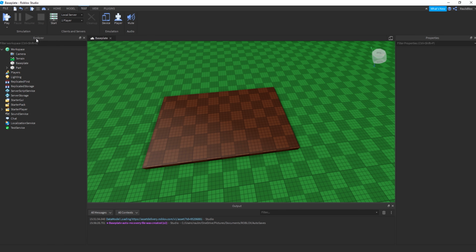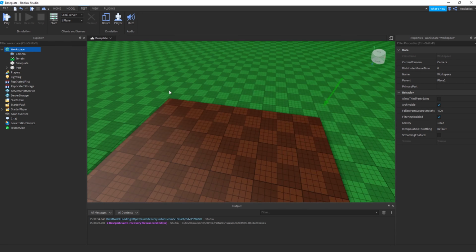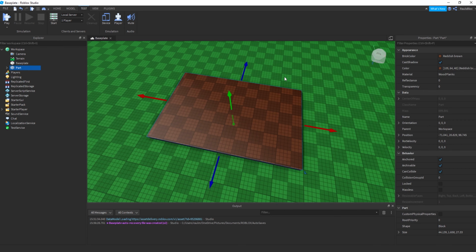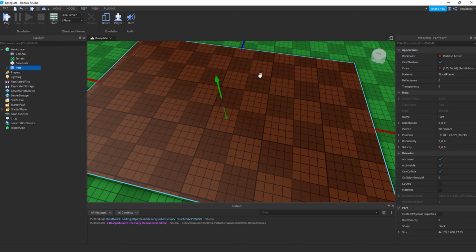So in the Explorer tabs, we have the workspace, the players, the lighting, the replicated first, replicated storage, server script service, server storage, starter GUI, starter pack, starter player, sound service, chat, localization service, and test service tabs. So the workspace is basically where we insert in parts to create maps. As you can see right over here, the material was wood planks. We could have made a house with it with parts,